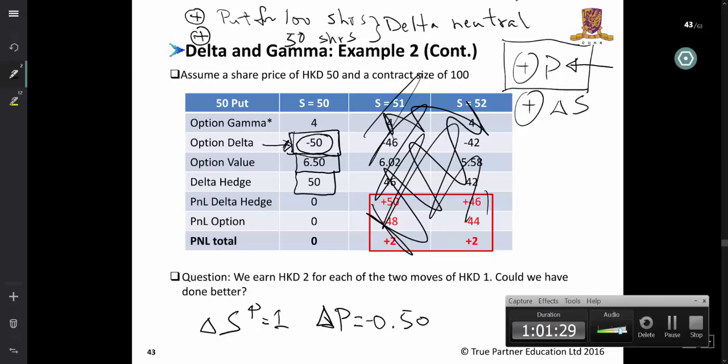Everyone is okay so far? Yeah? So what you have is, now I keep saying put for 100 shares, and the reason I do that is